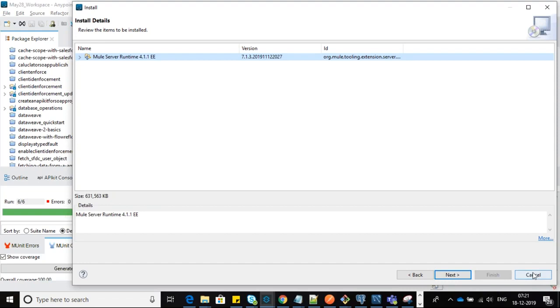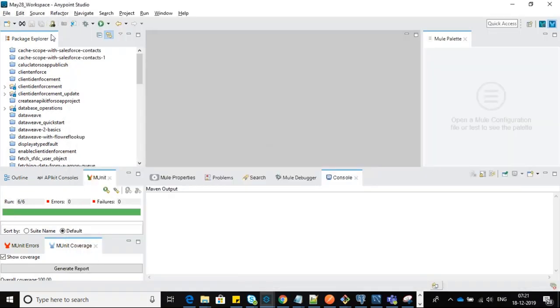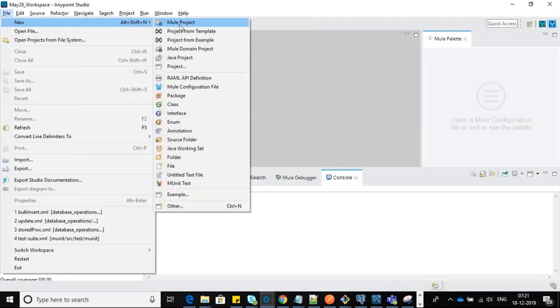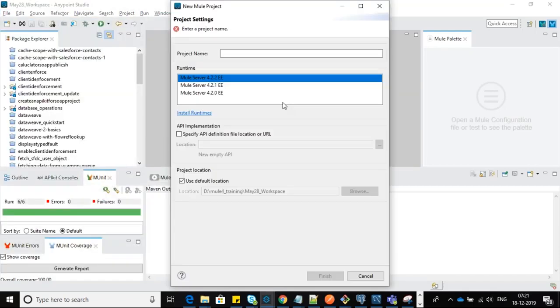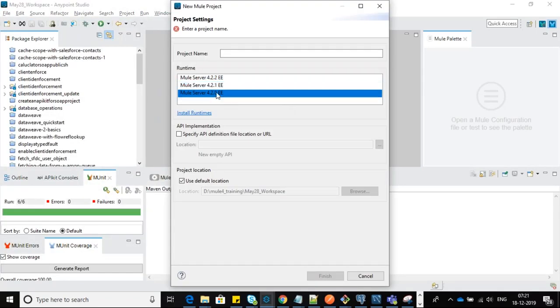Once you restart it, it will be reflected in the pop-up while creating a project. Accordingly, you have to choose the version you want to create the project with. So I'm just putting the project name as demo, and I'm choosing 4.2.0, guys. Hope everybody is clear. This is nothing but the Mule runtime server here. But actually, when you're trying to work locally, it will deploy into the Jetty server, not in the Mule server.